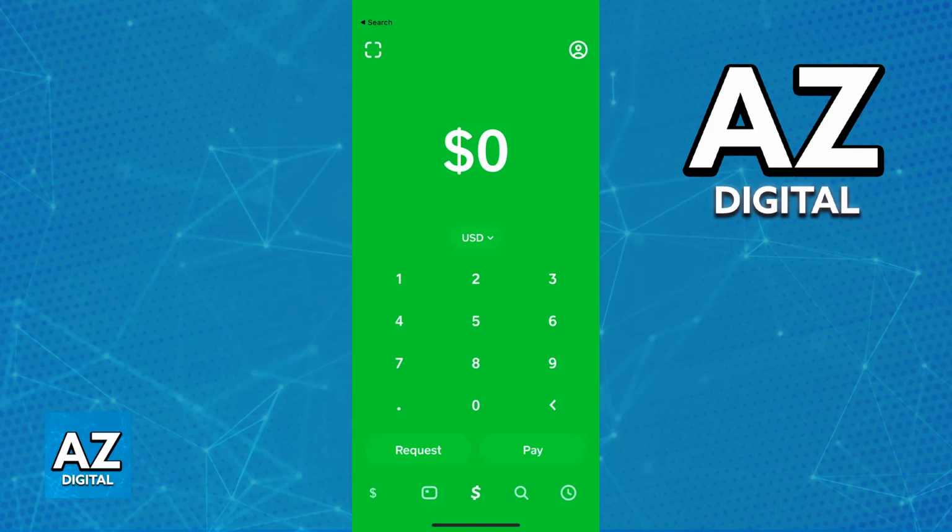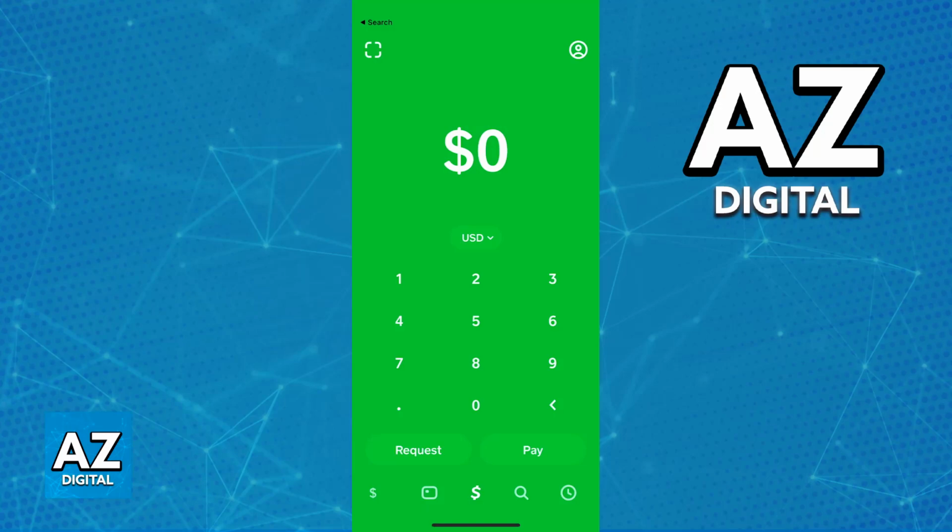Keep in mind that for this video, I'm only going to be talking about the options related to gift card inside of Cash App itself. If you are trying to use something like a Visa Vanilla gift card, which is considered a debit or credit card, then you will have to go over to another video that I have already made.